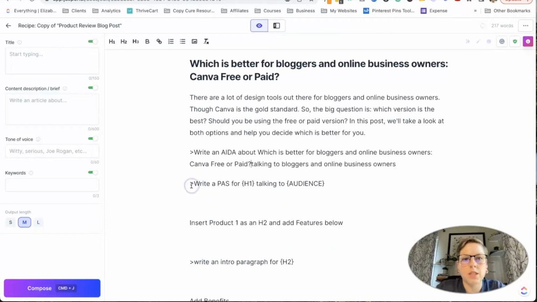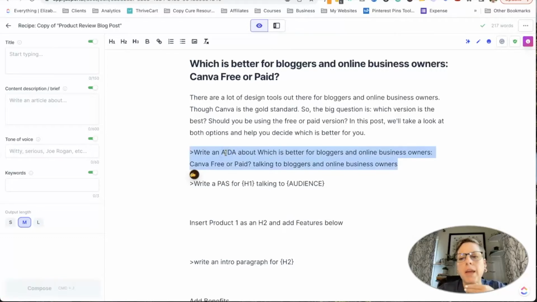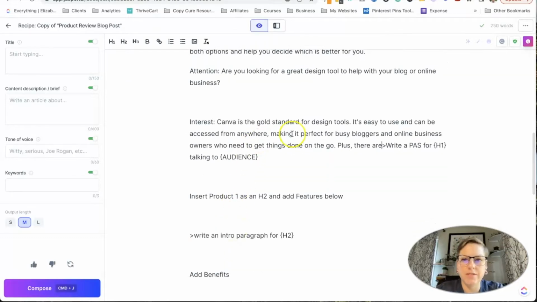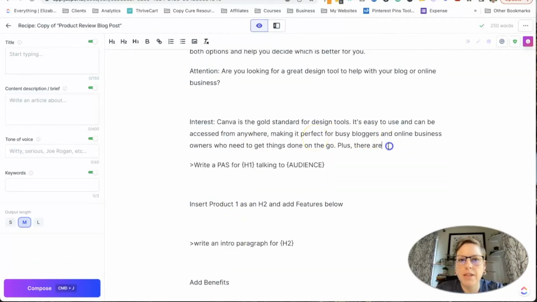So this command is AIDA, and that's a copywriting thing where, I'm trying to remember what AIDA stands for. Oh, I think it's like agitate, identify. It's a whole thing. Look up AIDA, Google will tell you what it is. Oh, attention, interest. There we go, gave us some info. And you can see it started, but then it didn't quite finish because I only have a medium output length set. So what I can do here is hit Command J to keep it going.